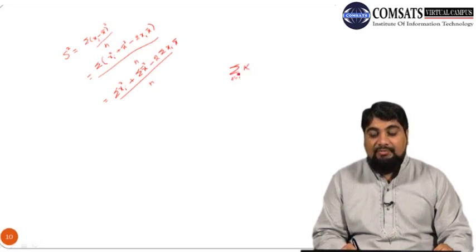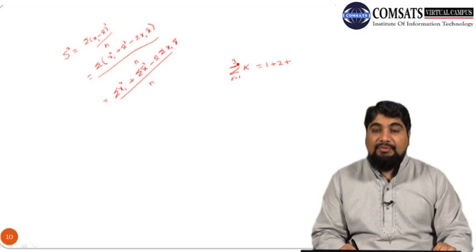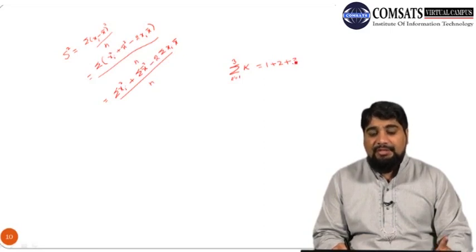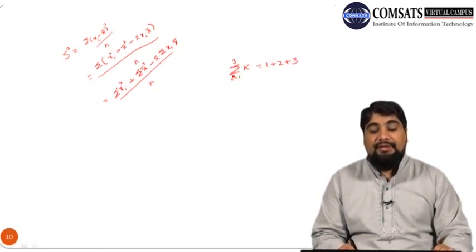Suppose we have summation k where k ranges from 1 to 3. This means that we will replace k by 1, because the lower limit of k is 1. Then we put plus, and then the next value of k, which is 2, and then plus, and then k goes up to 3. The maximum range is 3. So once we have covered this full range, it means we have written this in expanded notation. So we can write it as 1 plus 2 plus 3, which is 6. This is the key result.